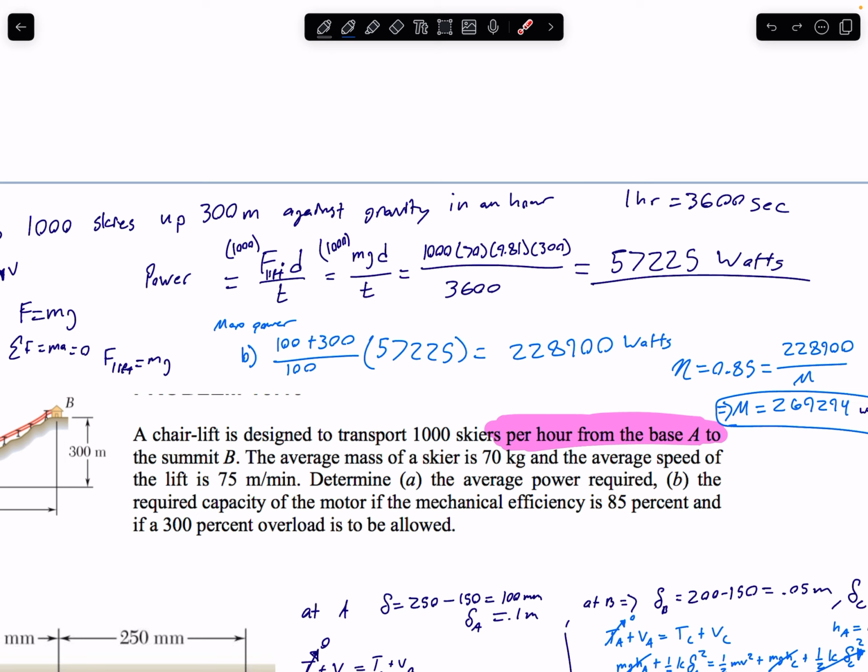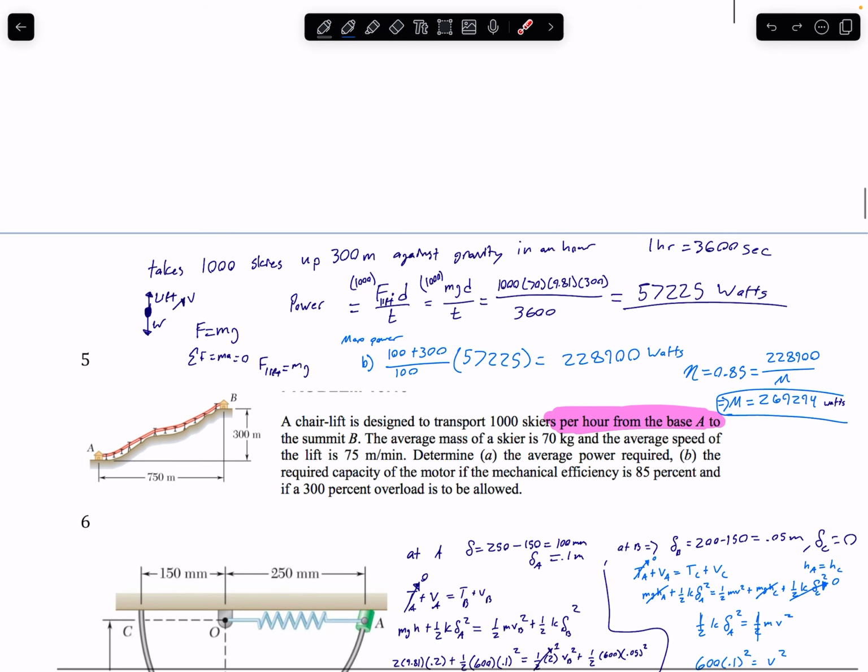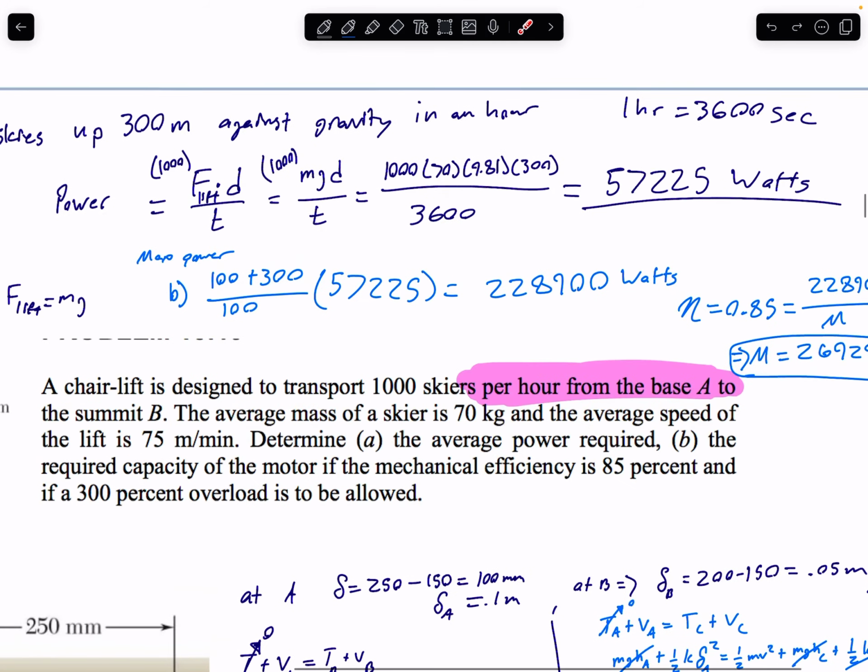So the average power required is, right? Yeah. So 1,000 skiers times the mass of each of them times gravity times distance divided by time, 57,225 watts. For max power, we have our 300% overload, so that gives us 4 times our average power is